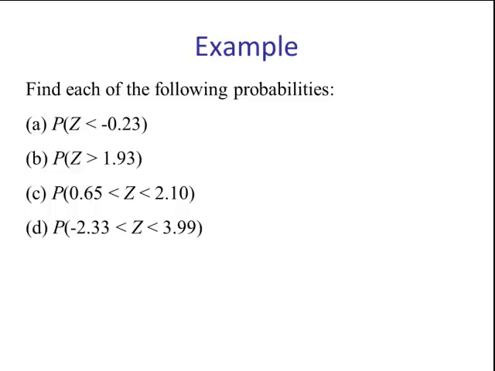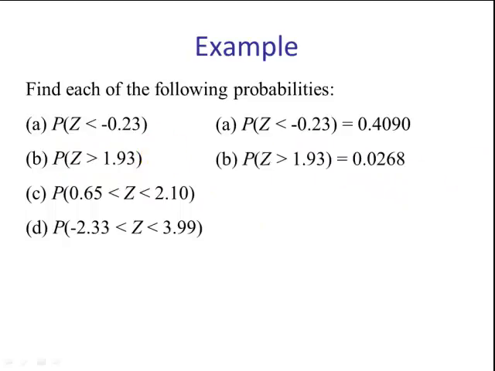Okay, looking at A, you should draw your picture. We want less than negative 0.23, so we look this up in Table 5, and we see that the answer is 0.4090. B, we want the probability that z is greater than 1.93, so we have to do 1 minus what's in the table,